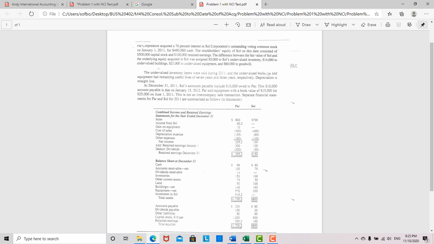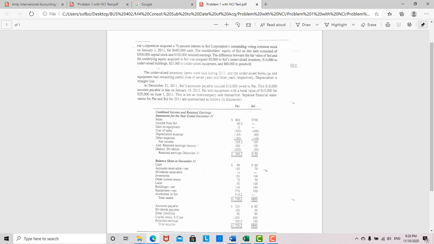And then it says that the undervalued buildings and equipment had useful remaining lives of 7 and 3 years. So we'll be depreciating those over 7 and 3 years respectively. Okay, and those are going to be adjustments to the equity method, the consolidated net income. Okay, and then it says at December 31, 2011, Sol's accounts payable included 10,000 owed to